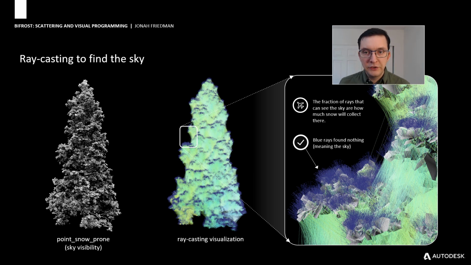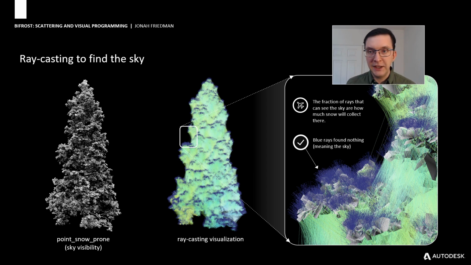So what we need to know is how much snow lands on each part of the tree. I call this data snow prone, meaning how much snow is likely to collect on any given surface. And on the left is what it looks like. Branches near the periphery or near the top collect more snow than the undersides or the interior areas, which are dark. To generate this in the Bifrost graph, we have yet another Bifrost graph to process the tree, and